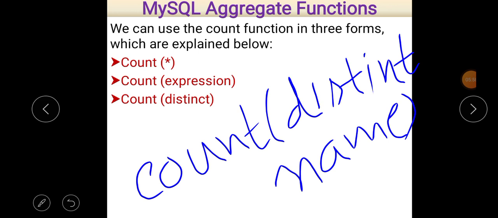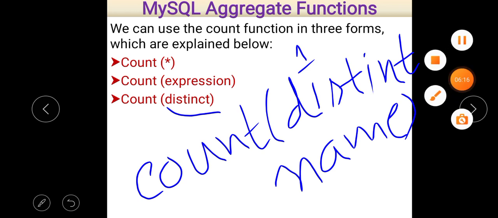Duplicate values are not allowed. For example, if there are two students who have the same name, suppose Aman, then Aman will be counted only a single time. That is the use of distinct. I think it is clear to all of you.